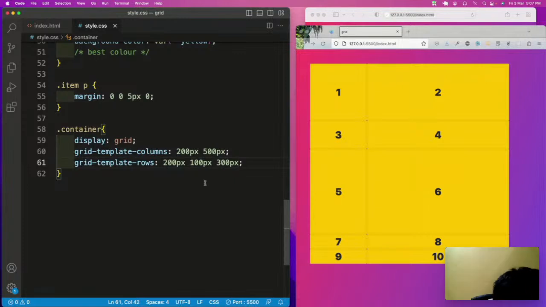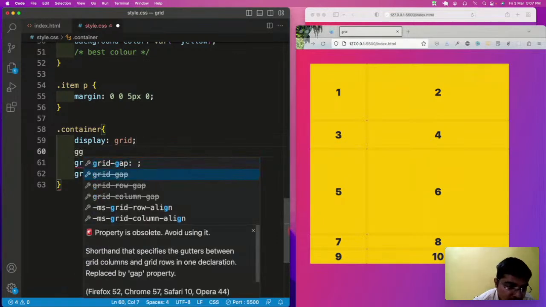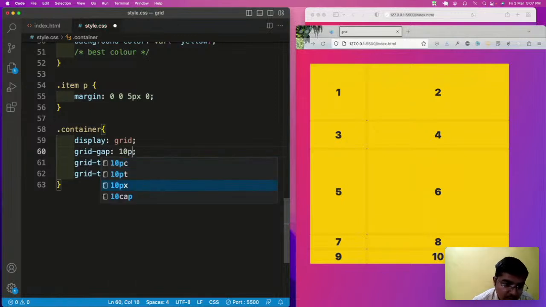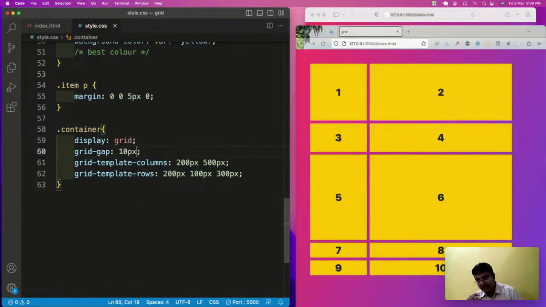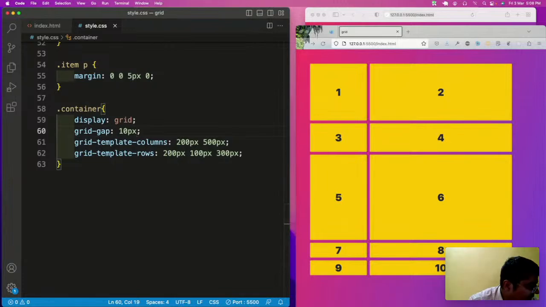After this, let us have a property which is called grid gap of, let's say, 10px. Now, 10px grid gap. If you see, the name grid gap represents a gap, so it created a gap between the items. So the gap size is 10px. Now let us have the next property. Okay, before going further,